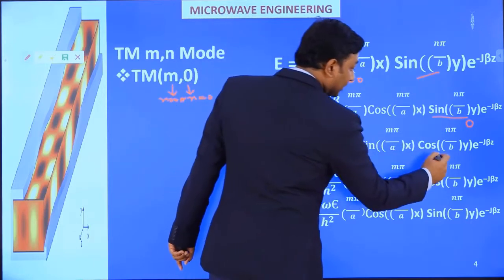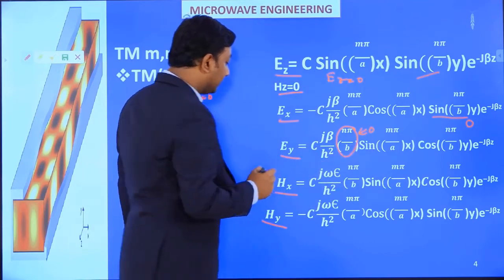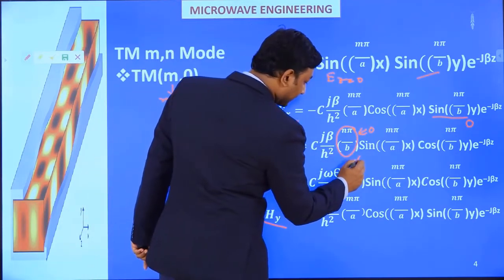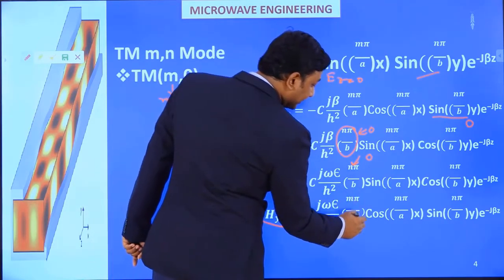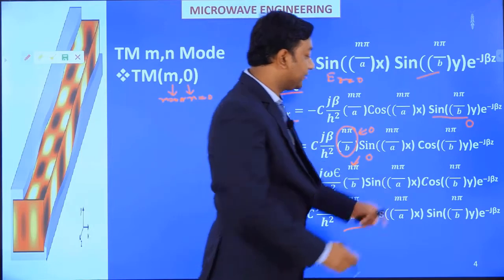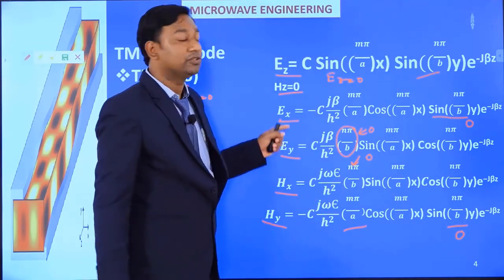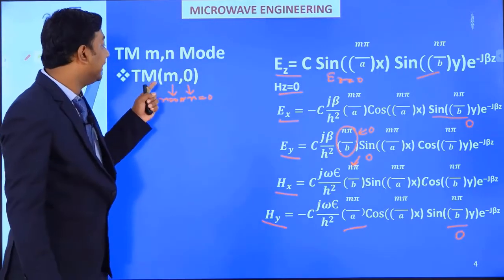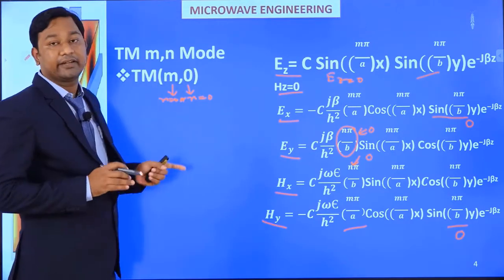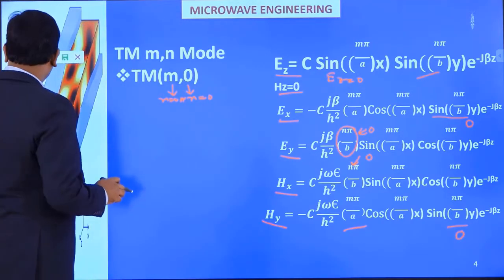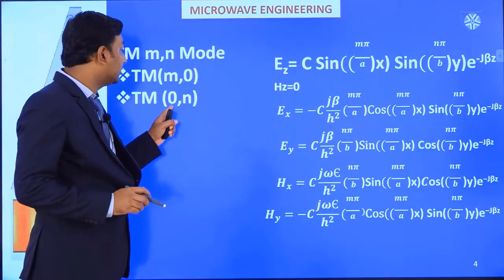EY also will get 0 if we put 0 there, for the n value. HX also will get 0 there. Then HY also will get 0. So all the field expressions, if we put 0 there, we are getting 0. So that's why TM M0 modes do not exist in the rectangular waveguide. Now coming to the next one, if m equal to 0,